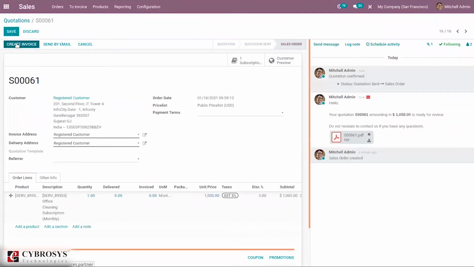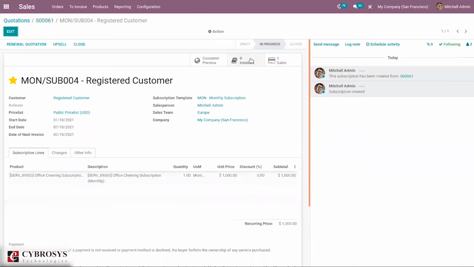When you confirm the quotation, you can see here one subscription is created. Here we can see the monthly subscription for the registered customer is created, and we can see the price list, start date, end date, date of invoice, then subscription template, salesperson, and sales team.